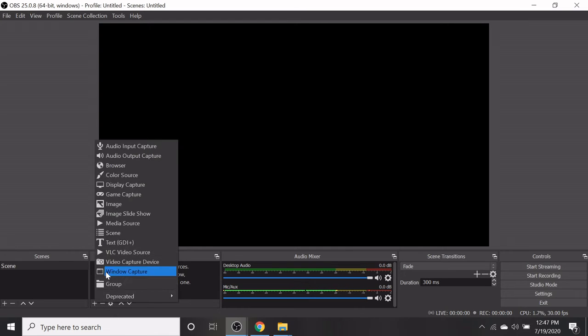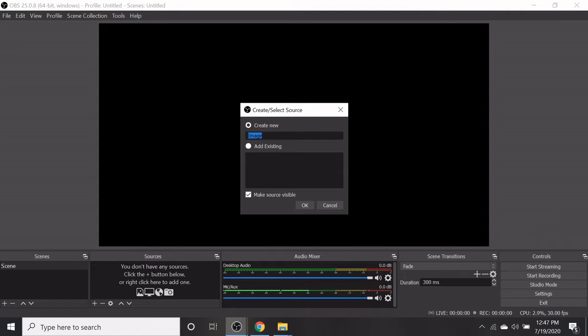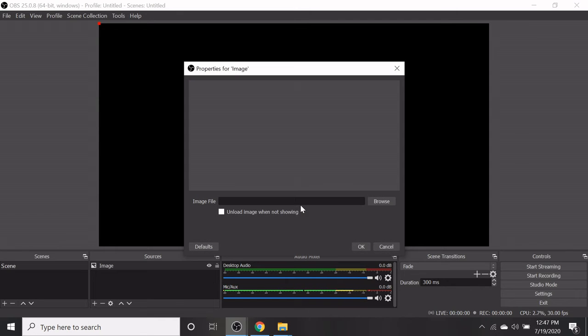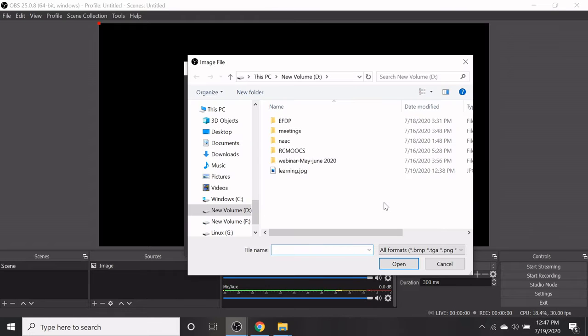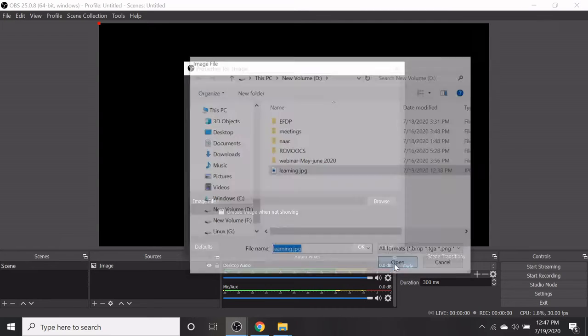Select image. Create new and press OK. You can browse the image from your computer. Select an image and press OK.